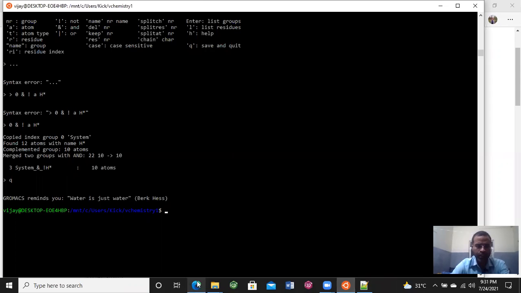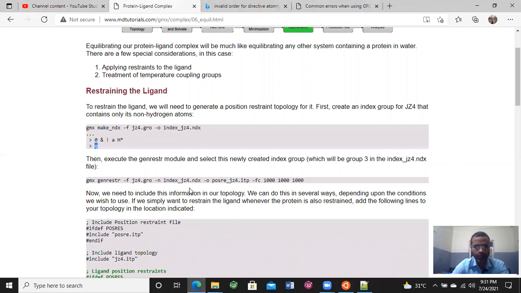The next command is to execute the genrestr module and select the newly created index group, which will be group 3 in your index file. That is the newly created group. So we have to perform this activity using this command and select group 3.